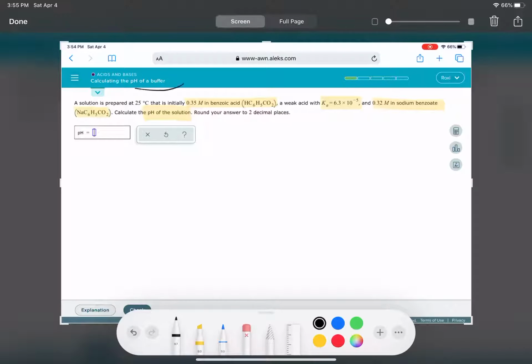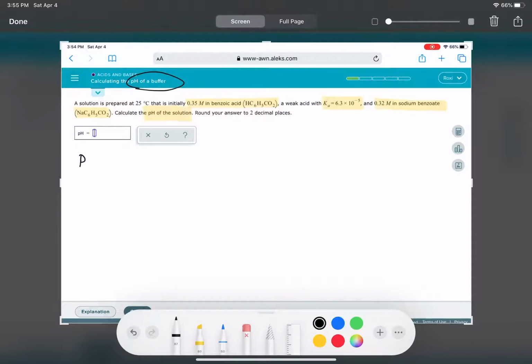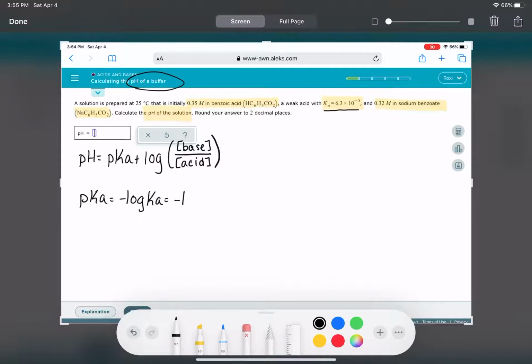And because it is a buffer, we want to use Henderson-Hasselbalch. pH equals pKa plus the log of the concentration of the base over the concentration of the acid. So first, let's find out our pKa. We have a Ka this time, so the pKa is going to be the negative log of the Ka, which is the negative log of 6.3 times 10 to the minus 5,